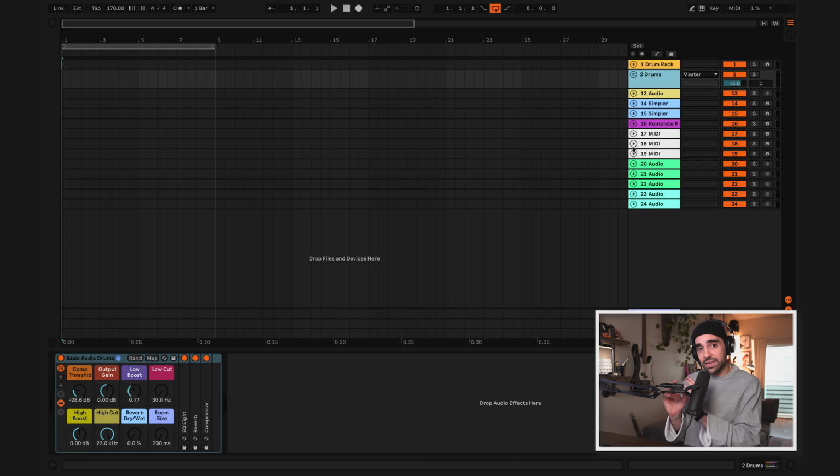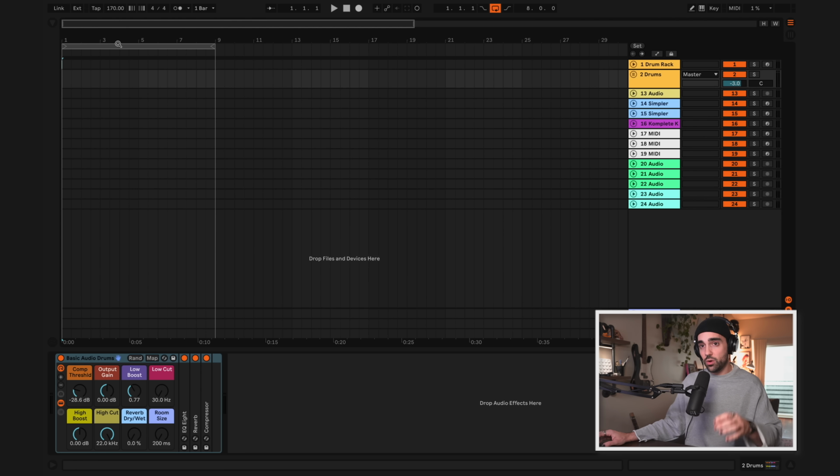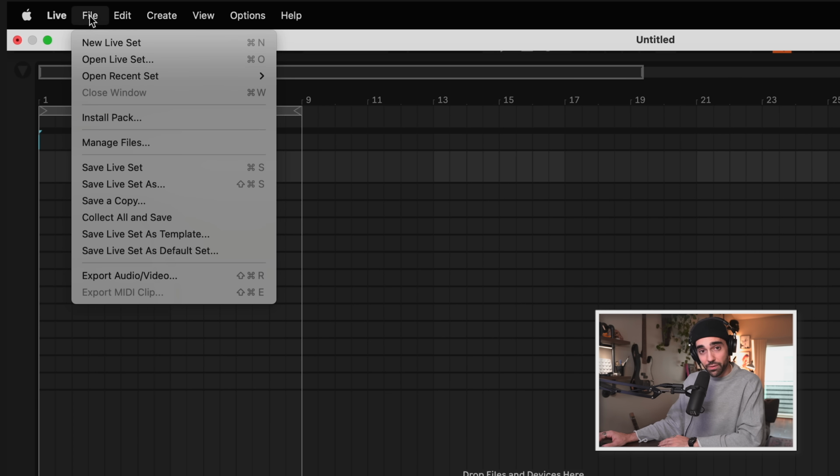And once you've got that default state, remember, everything's going to save here, even your tempo, even being on arrangement view or session view. Whatever it is, set it exactly how you want it every time you open up Ableton Live. And then go to File, Save Live Set as Default Set. That means every time you open up Ableton Live, it's going to look like this and get you up and running a lot faster. Notice that we also have the option to save live set as template,